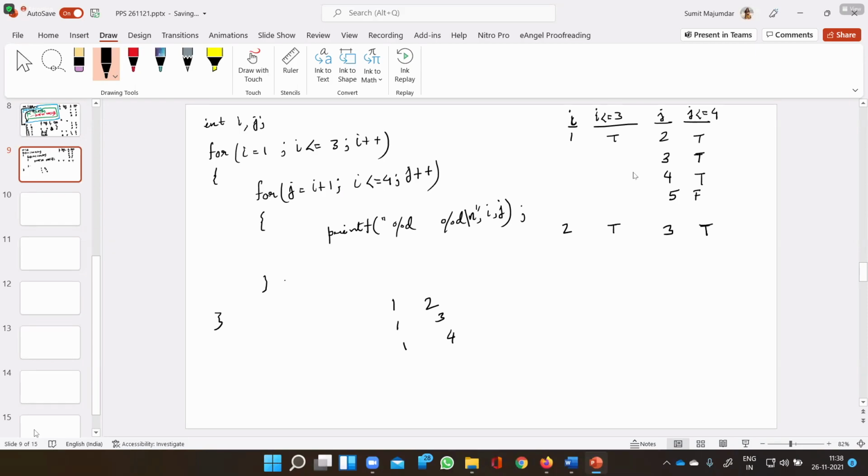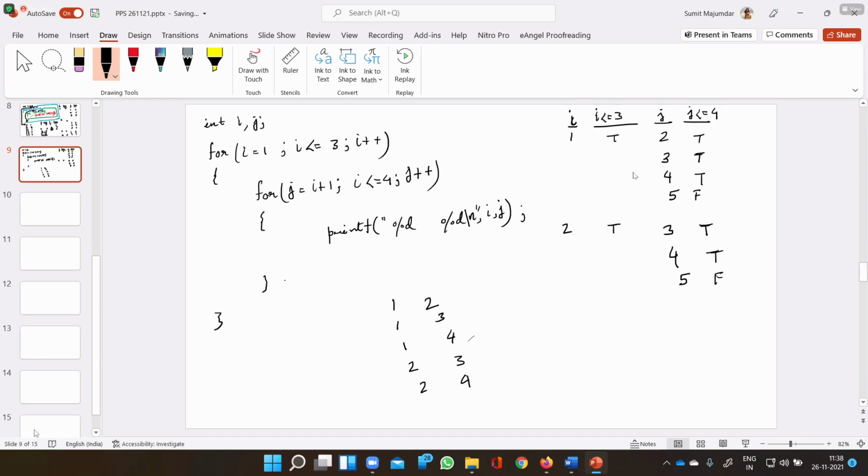So now the print will be 2 3. Again j is increased by one, so j is now 4, and 4 is equal to 4, so it will print 2 4. Now j is increased again, so j is 5, but 5 is more than 4, so the condition is false and it will break away from the j loop.